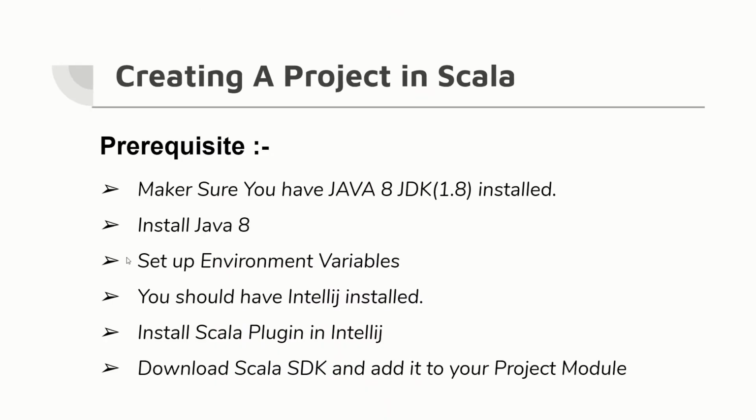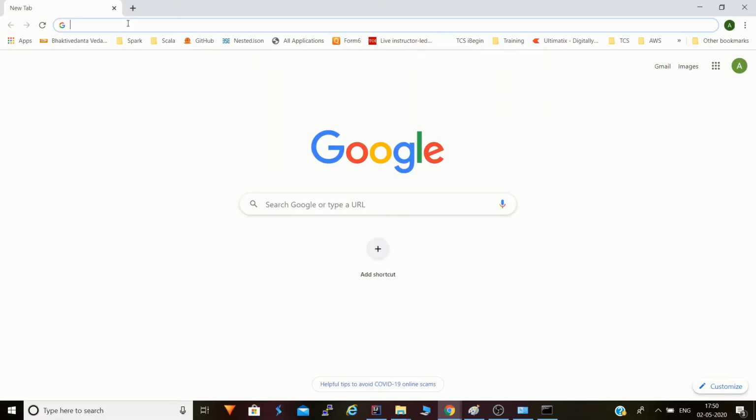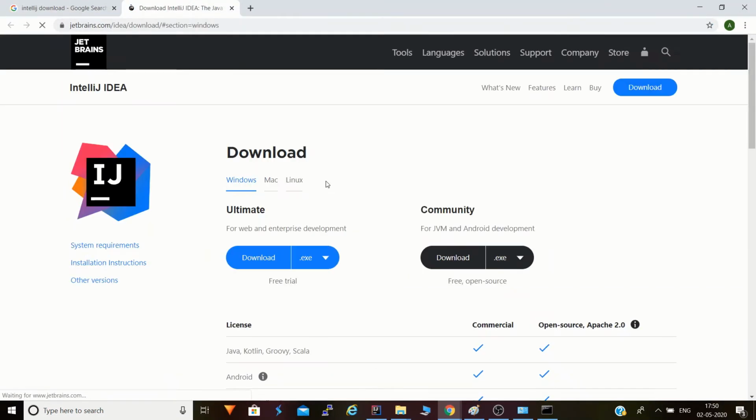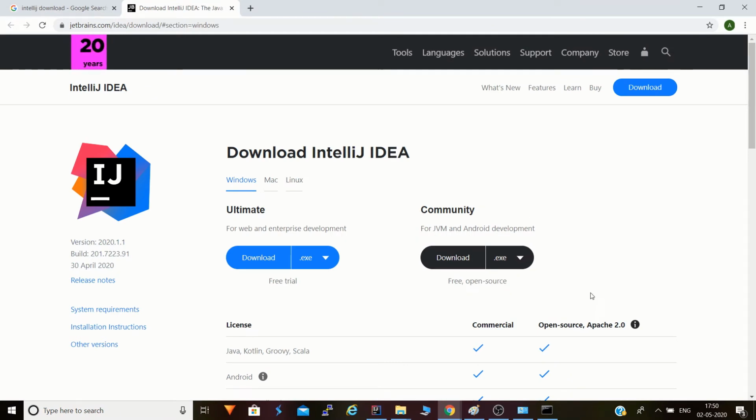After our Java installation has been done, we will install IntelliJ. We'll search for IntelliJ download in the browser, and go to the JetBrains site. On the JetBrains site you can download the community edition. You'll click on the download link and it will download.